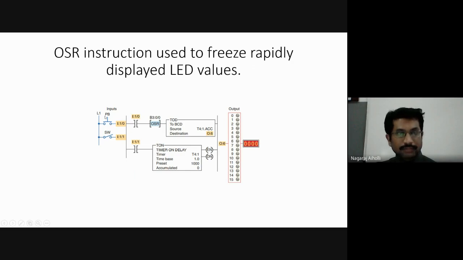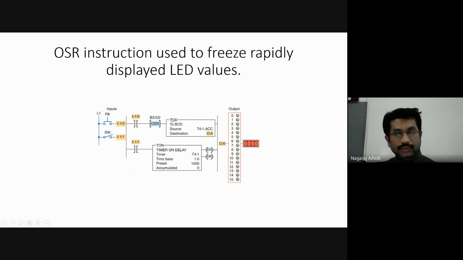As the push button switch is pressed, what will happen here? When this push button is pressed, I:1/0 is activated. As this examine if closed becomes true, the OSR will become true because it goes from low to high. The output of this examine if closed is going from low to high, so the OSR instruction, one shot rising instruction, becomes true.